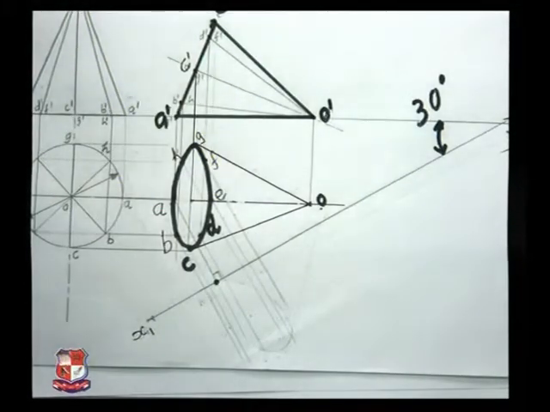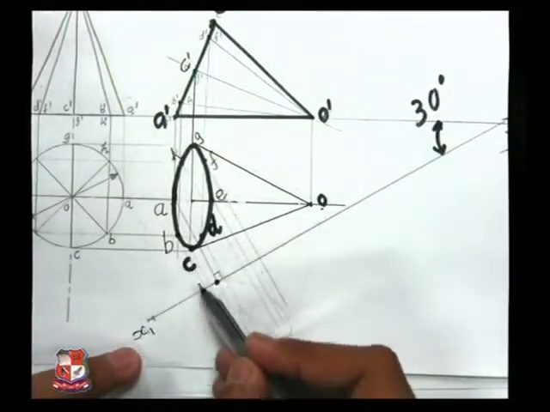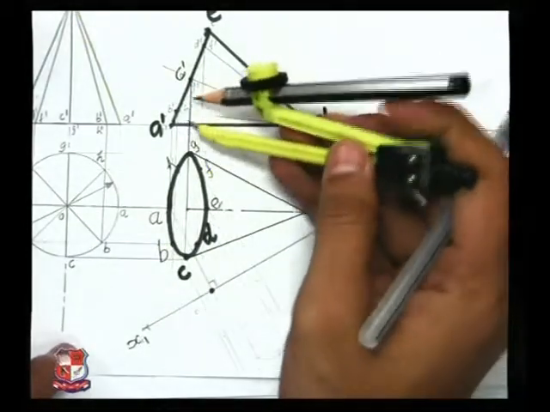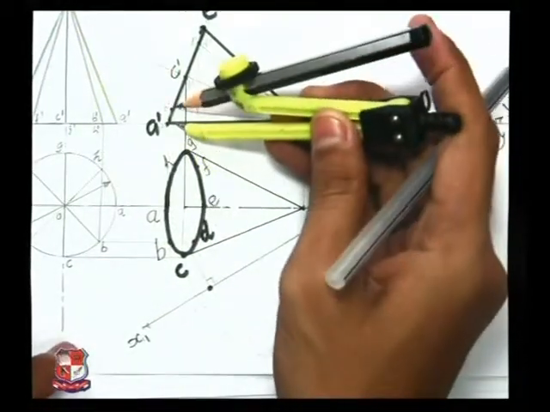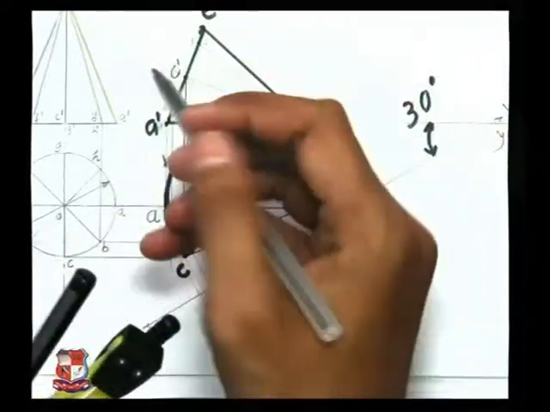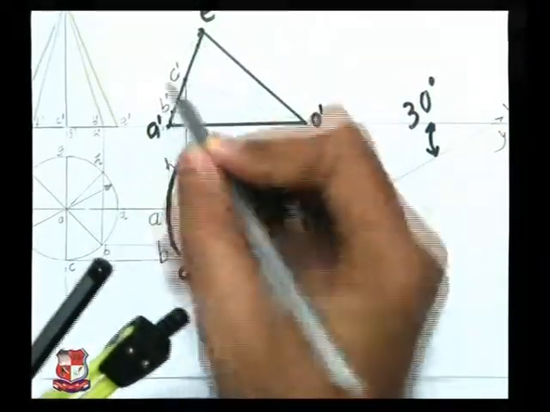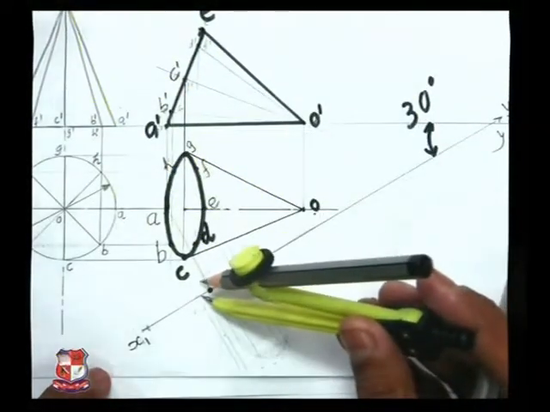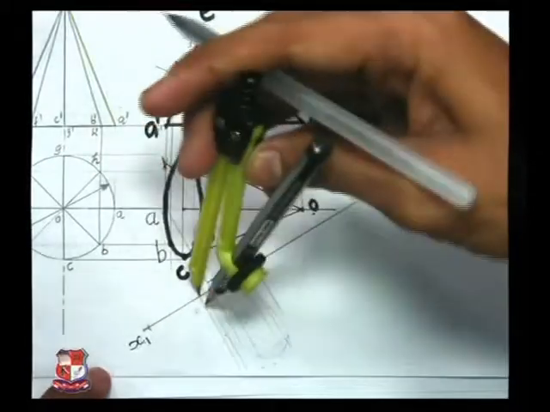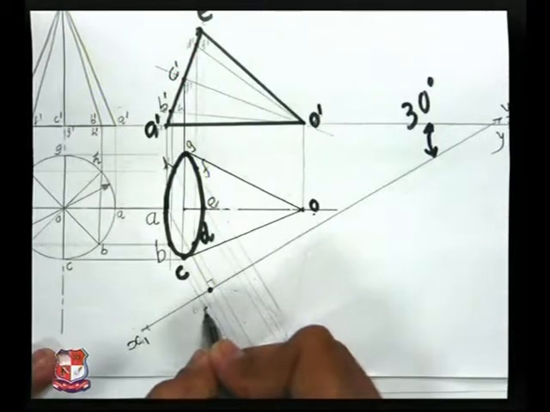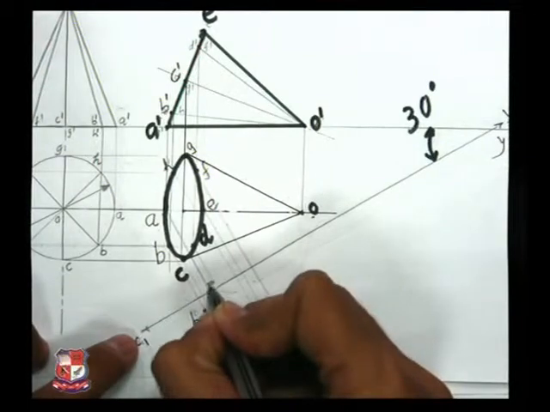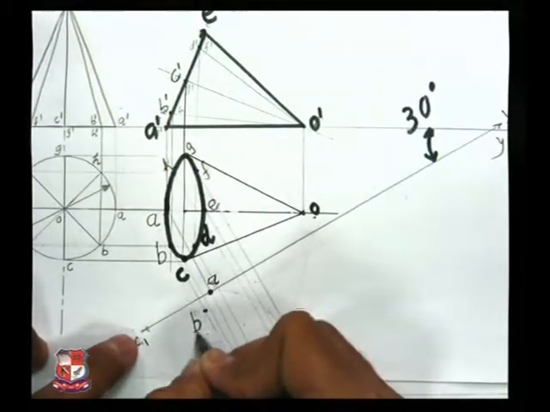To find out the position of point B, let me draw a line from point B like this. Measure the distance of point B from the XY line like this. Here point B dash is there. Measure this distance, XY line to B dash. Put it over here on this X1, Y1 line and cut an arc in this direction on this line, and it will cut this axis at one point somewhere here. That is our second point, that is B. This is point A, this is point B, right?